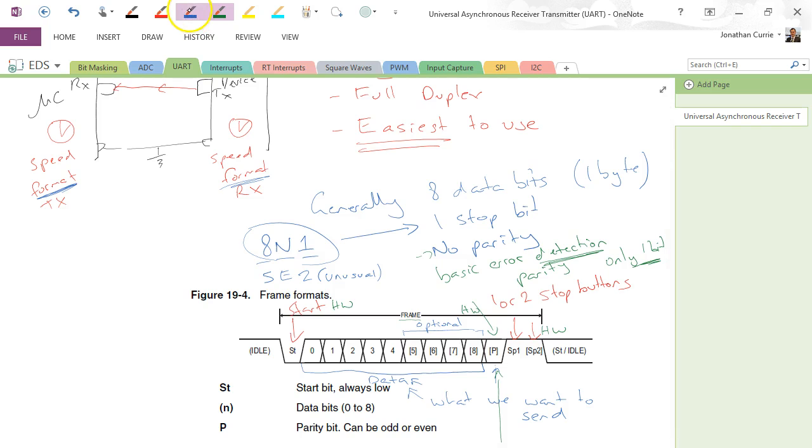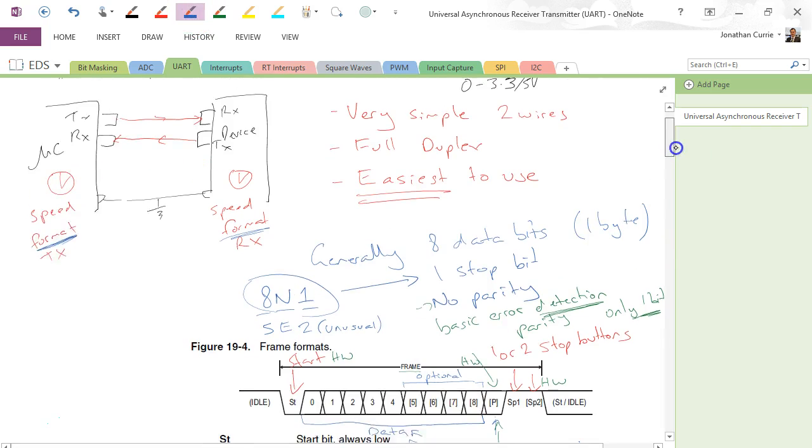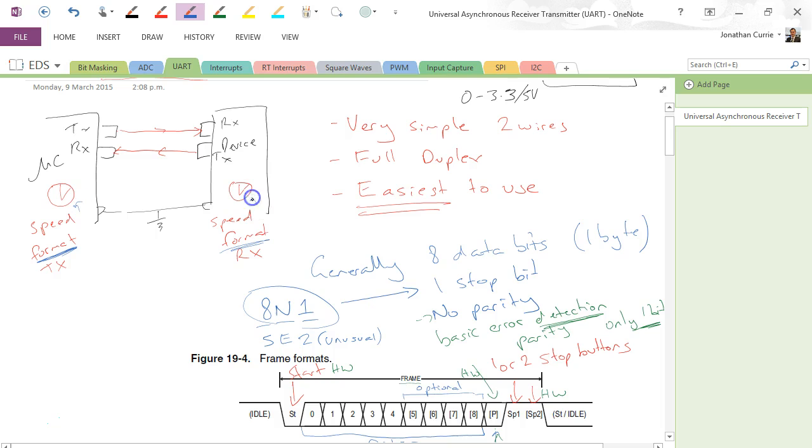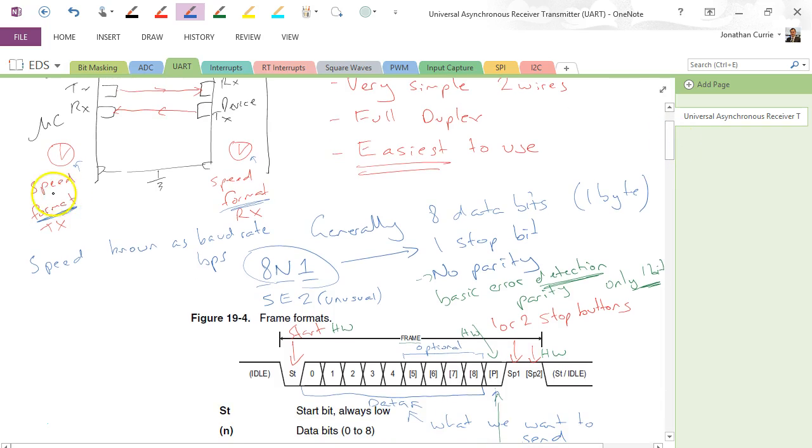We also have the speed at which our transmitter and receiver are operating, which is to do with the clocks here. Speed with respect to UARTs is known as baud rate, which is sometimes known in bits per second as the calculation. Alright, so baud rate between the transmitter and receiver must be the same speed. Make sense? Right? So we put that all together, so we have things like 9600 8N1 equals 9600 baud,